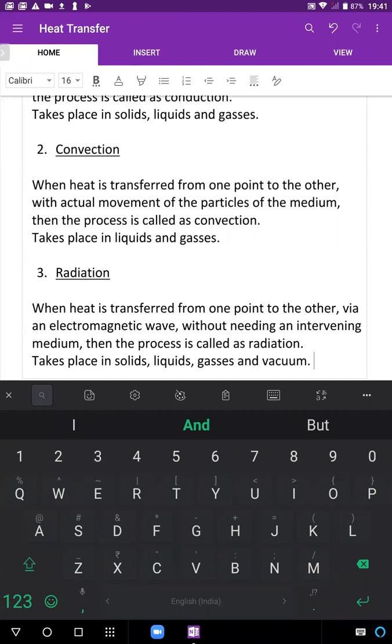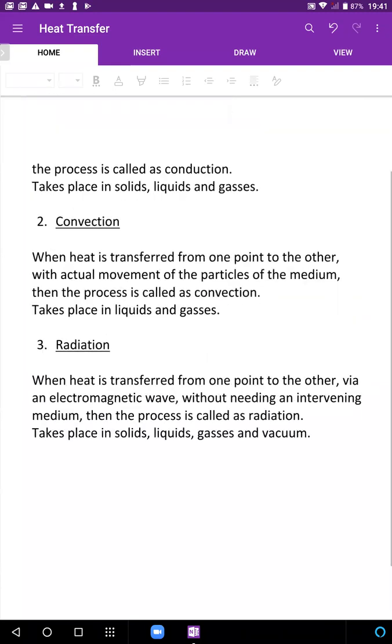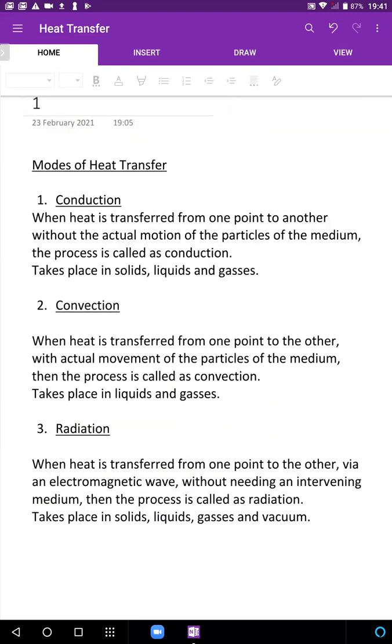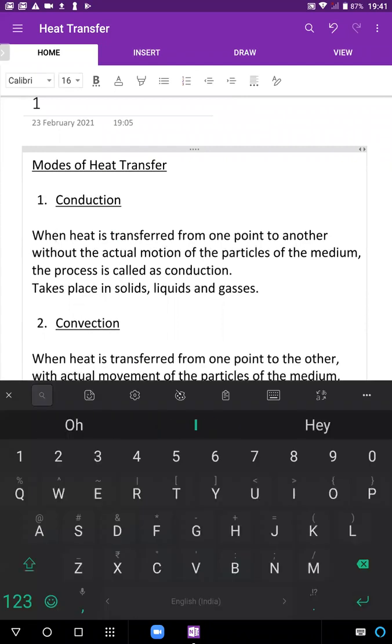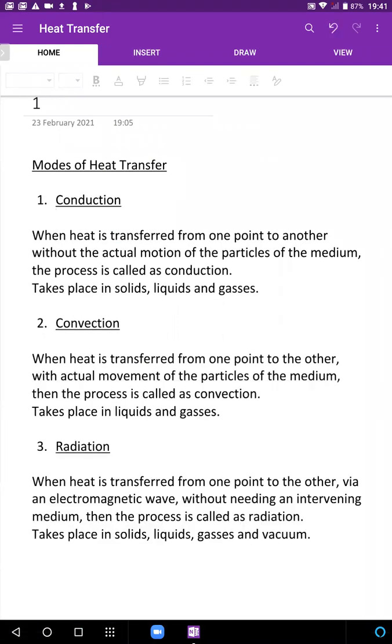One minute, unmuting this guy. Yes, Ayush, go ahead. Sir, light is basically an electromagnetic wave, and waves require a medium for their propagation. So how are we saying that radiation is independent of the medium? Not all waves. That's precisely what you learn. Not all waves require a medium for their propagation. There are two types of waves. One is the mechanical wave, in which the wave propagates because of the movement of particles.